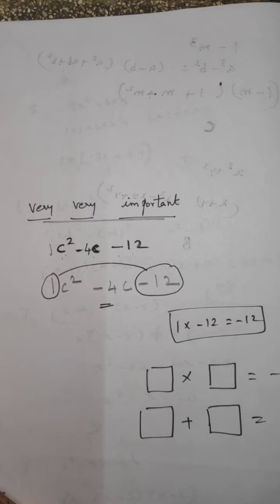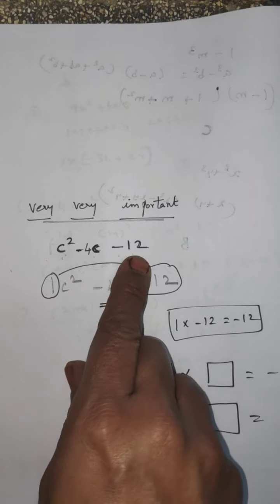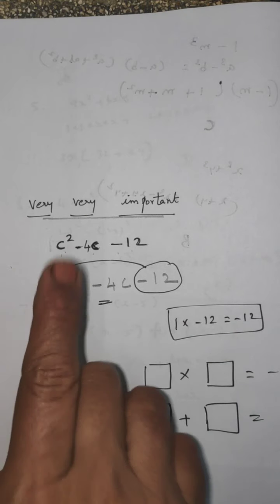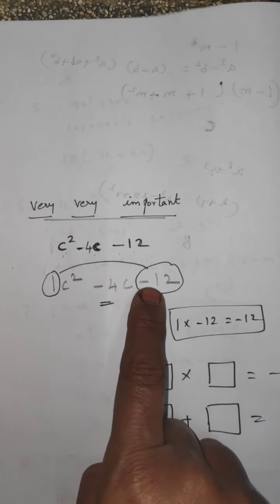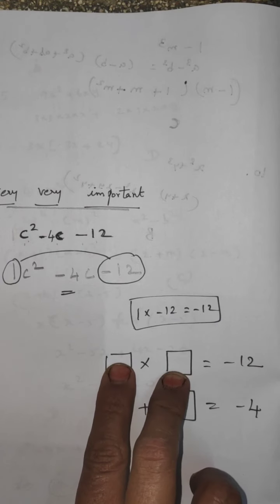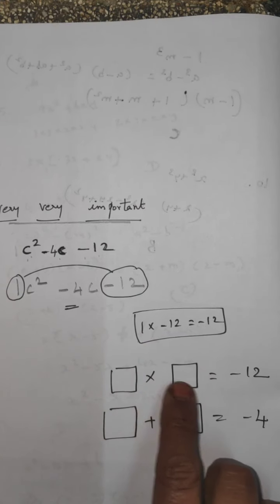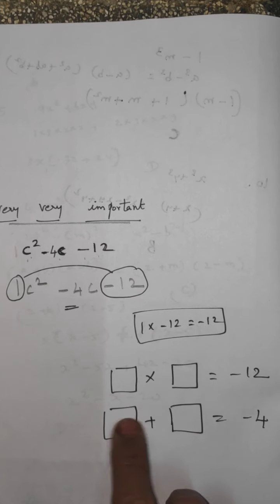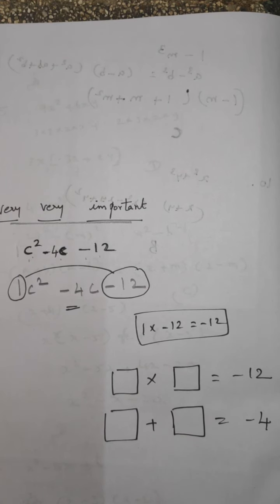Okay, first step. Here there is no number in front of c squared minus 4c minus 12, so you write 1 there. If there is a number, no problem. If there is no number, you must write 1. 1 here, minus 12. 1 into minus 12 equals minus 12. The two numbers I multiply there must give the answer minus 12. What are the brackets? Which two numbers multiply to give the answer minus 12? What numbers are we writing here? The same numbers you write must also give the sum. The sum of the numbers is minus 4. Which two numbers are possible? You see there.